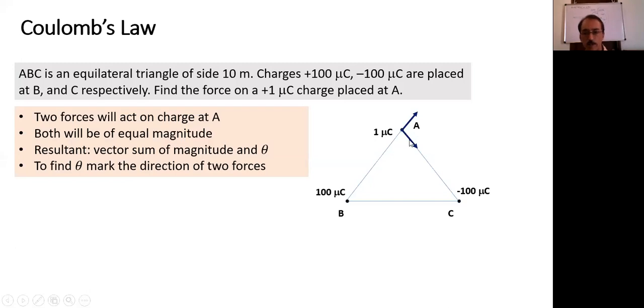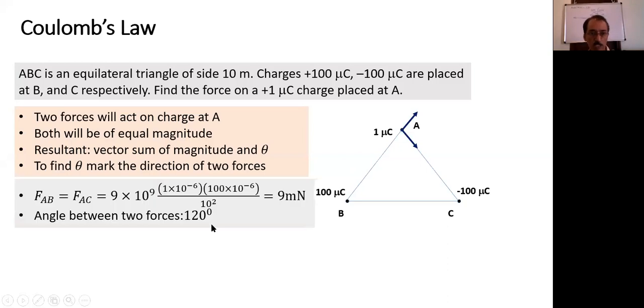The resultant will be found by using the vector addition method. We'll take theta equal to 120, both forces F. And if you remember the formula, we understand better. If two vectors of equal magnitude are placed at a 120 degree angle, the sum will be equal to the magnitude of either vector. Resultant will be F. Have you followed what I said? If the magnitude of this force is F, this force also will be F. If both are F, the resultant also will be F only.